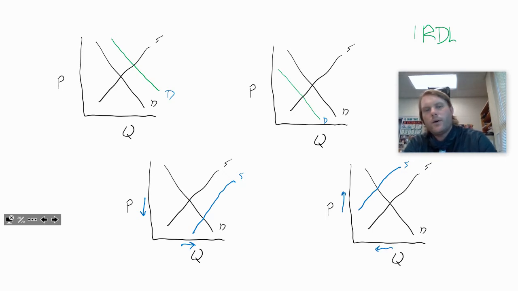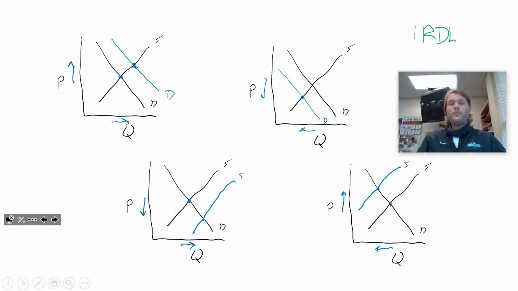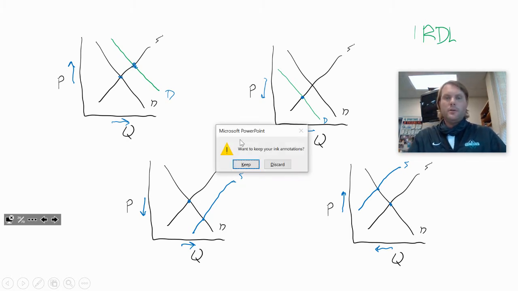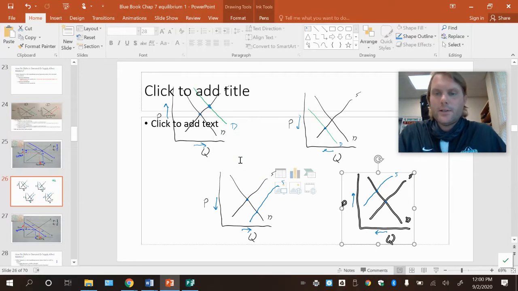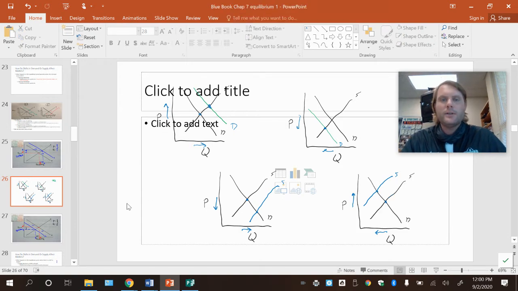Again, we're looking at what happens from this old point to the new point, and how it reacts to their position on the axis. Increase in demand is an increase in price and an increase in quantity. Decrease in price, decrease in quantity for a decrease in demand. Now, using this information, hopefully we are able to get to the point where we can eliminate some of